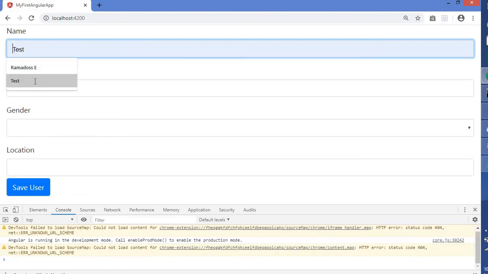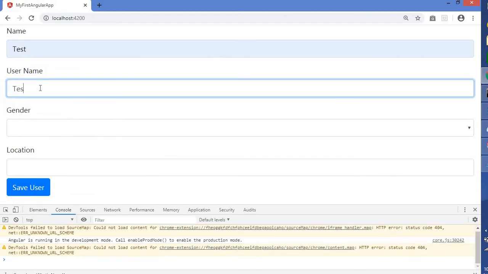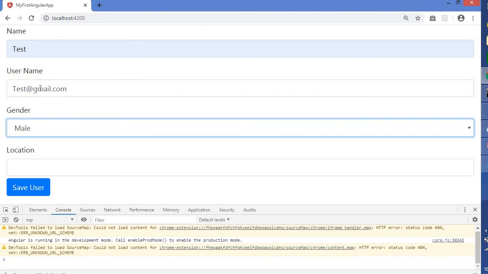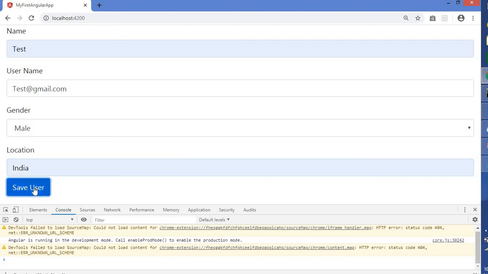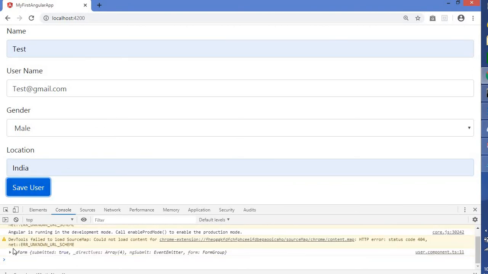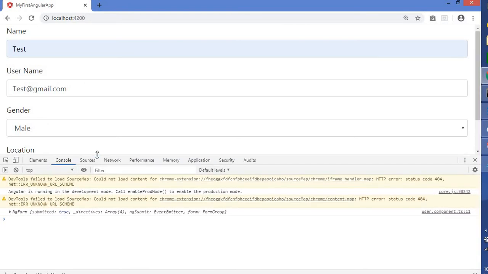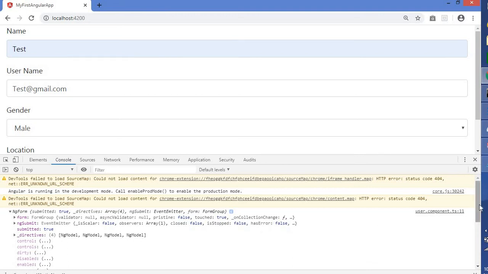Let's give some information, test, Gmail, and let's give gender, India, and just click on save. Now we are able to log the ngForm data, right? But if you look, it contains a lot of information.